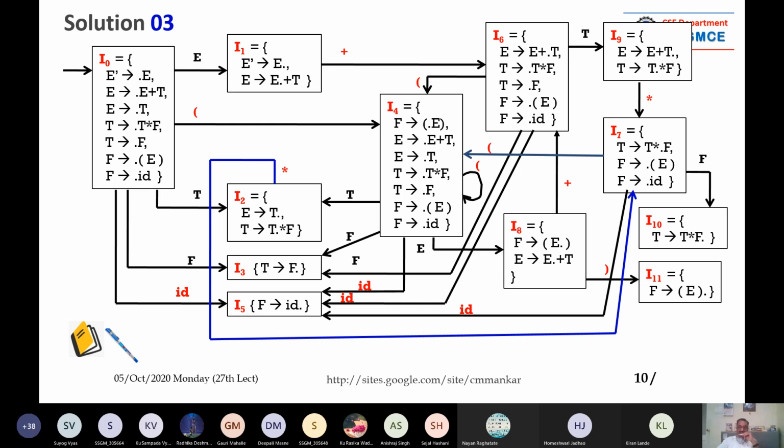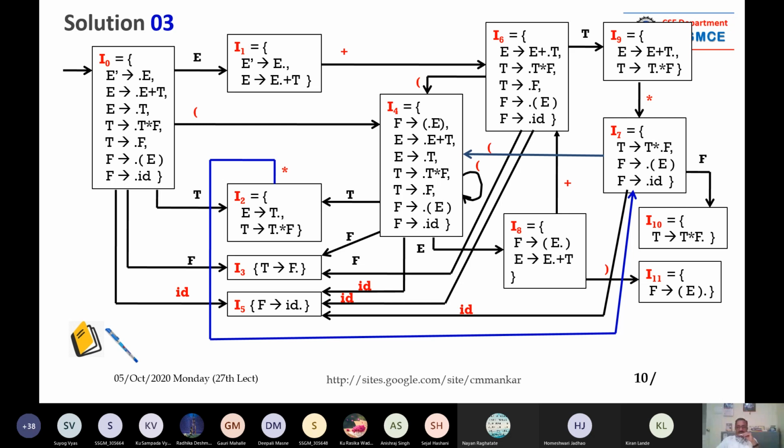Dot will be shifted one place ahead, so dot will come after opening bracket. See the I4 box: F is giving you opening bracket, dot, capital E and closing bracket, right?